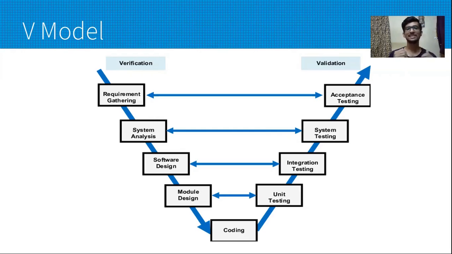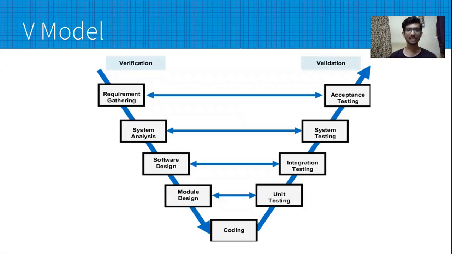So the next stage is system analysis. Here the developer and architect come into the picture. They will be doing the feasibility study, to check whether this particular software can be developed in the real world as stated by the requirements. If the feasibility study is done, they will be checking what hardware we can use to develop the software, what software components will be used for developing the application, what programming languages we can use and what database we can use for storing the application. Everything will be covered in the system analysis.